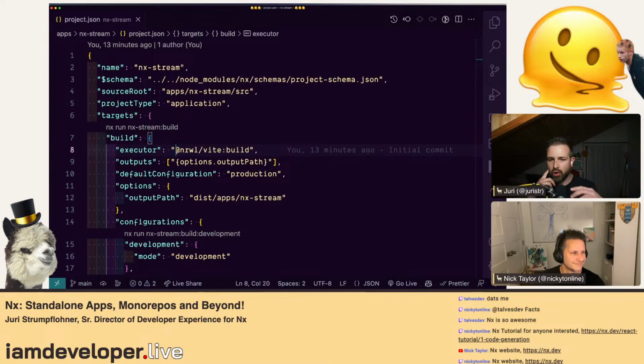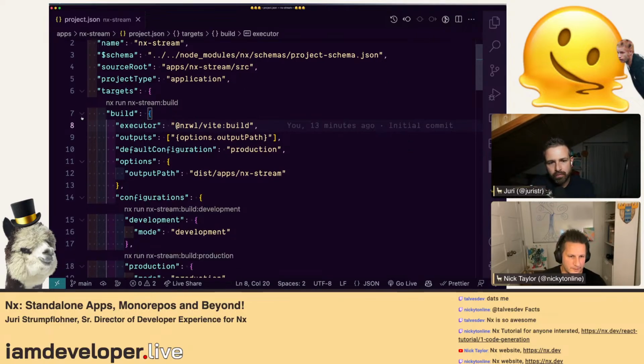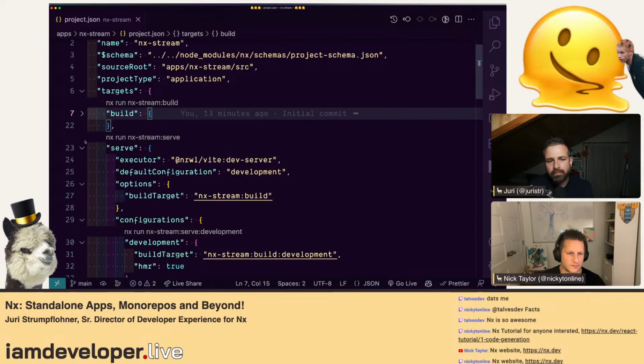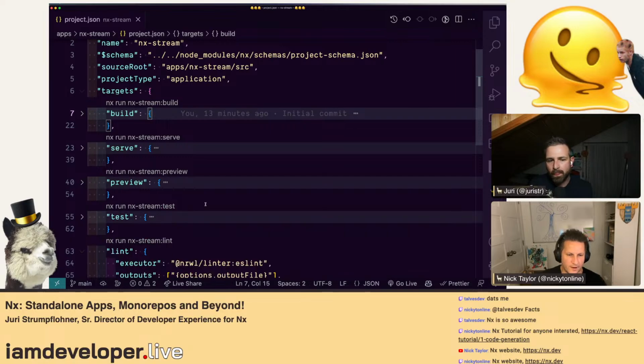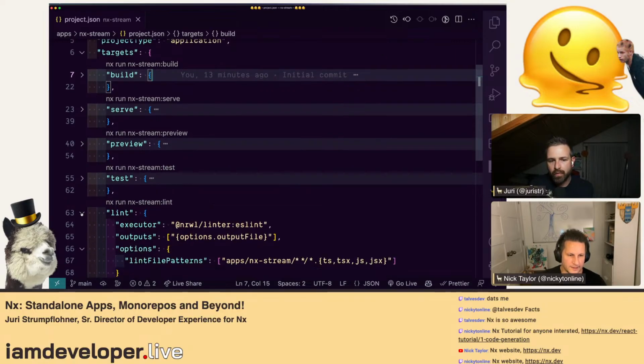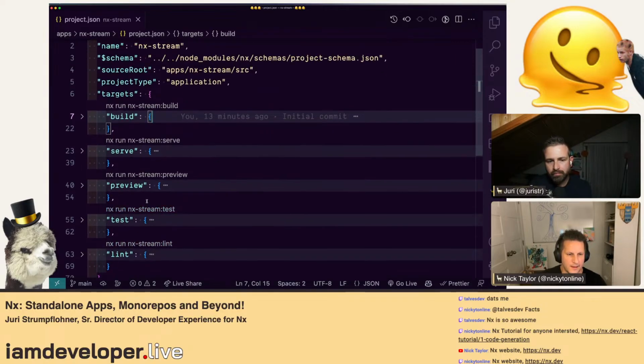They usually launch node processes and compilation and stuff like that. I guess we don't need to go too much more through the targets, but there are just different targets. Obviously you can do whatever you want, but these are sensible predefined ones like running tests, linting, etc. And you can serve and use your own build as well. So if you want to add something custom, you can just attach your own targets in here.